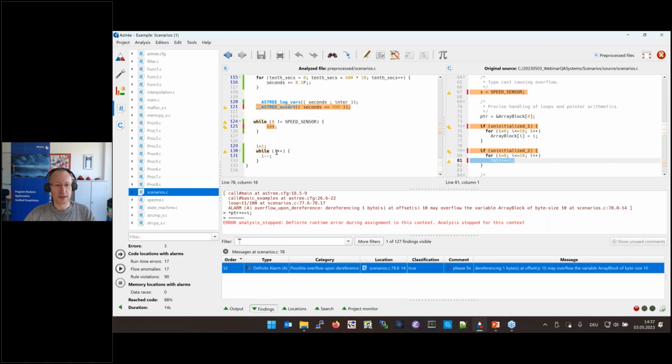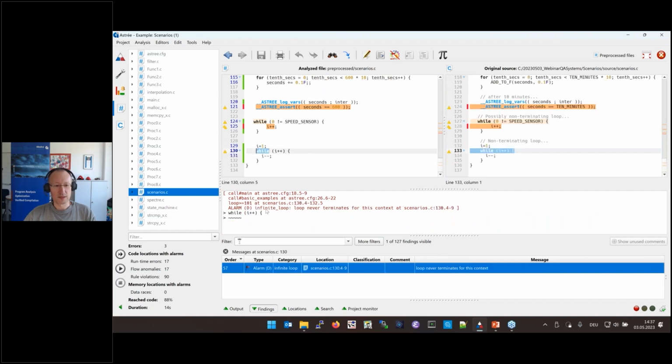And if we go to the very end, we can see something which is a lot less critical. So here we would see an alarm about an infinite loop. So Astrée says, okay, this is definitely an infinite loop. Could be intended, for example, if you have an infinite loop in a task body. But well, we categorize it not as an error, but as a control flow anomaly. And in this case, we can see, well, it's justified. Here we set I to 1. We increment it by 1 in the loop, then decrement it, so it will actually never change away from 1. So this loop will run forever. And this is also something Astrée reports.